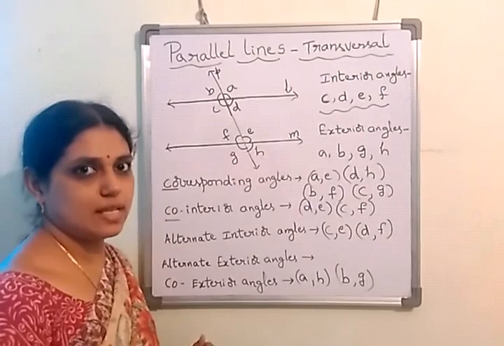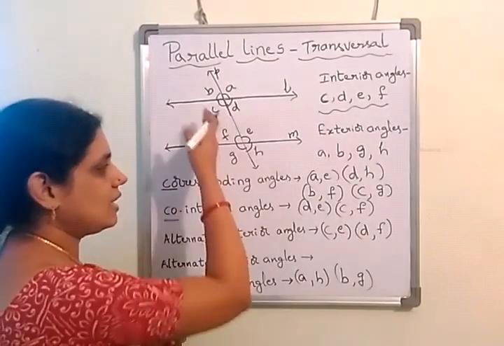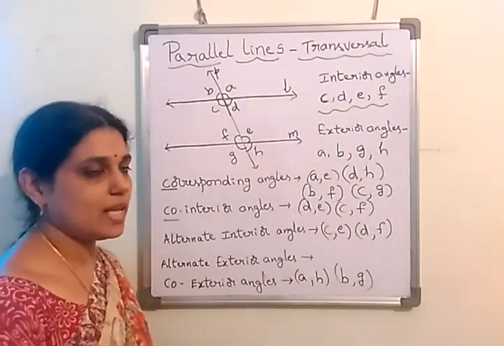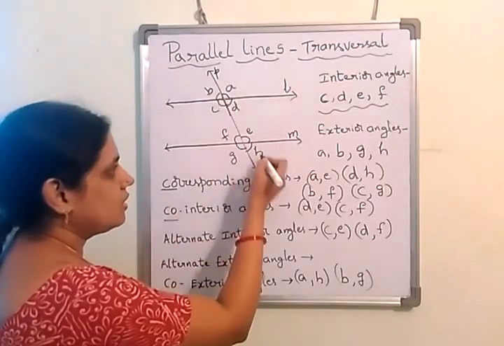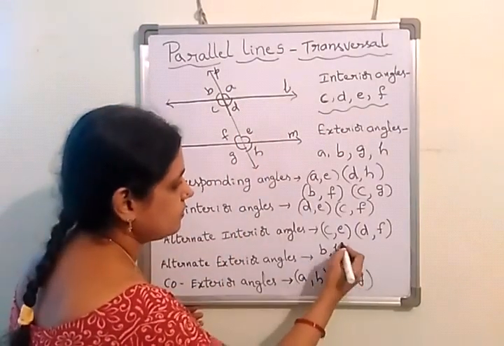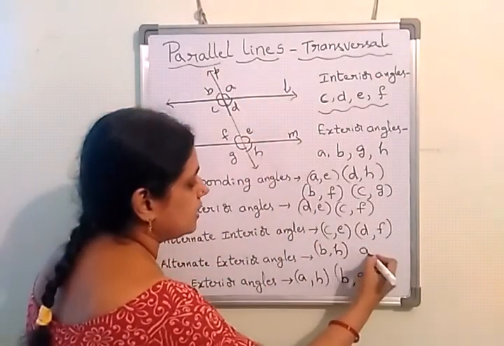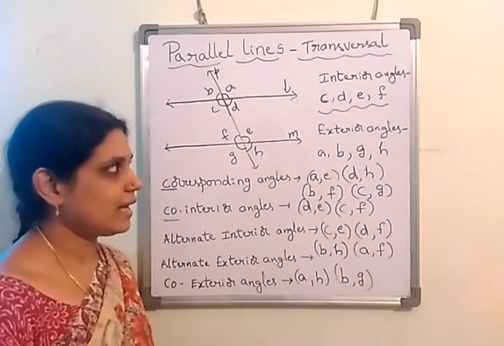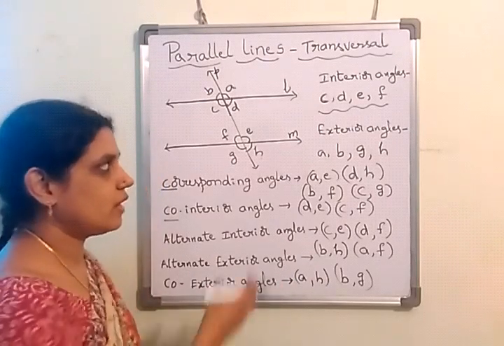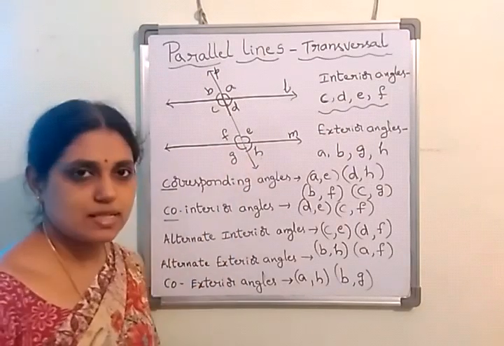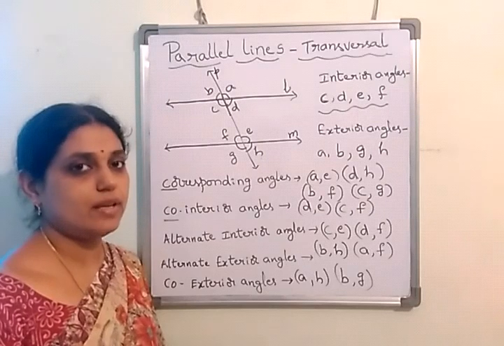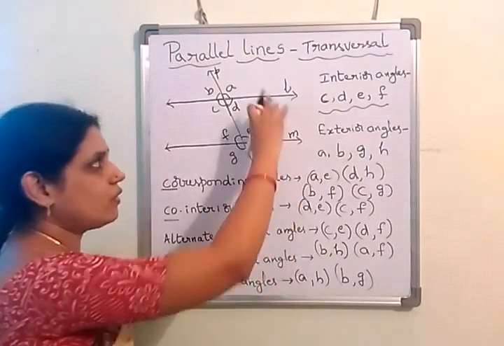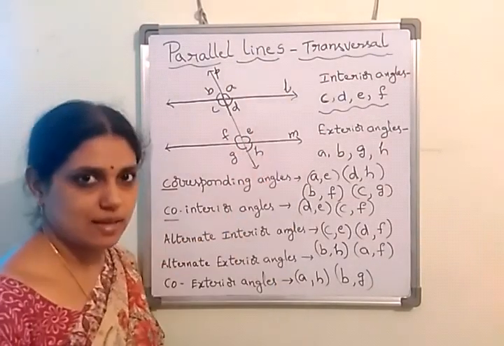Next, alternate exterior angles. Just like alternate interior, both are on different sides of the transversal and both are not at all forming at the same vertex, and exterior. For B, it should be H. And for A, it is F. So these are the two pairs of alternate exterior angles. Hope all of you understood this, but definitely remember the positions properly. And as we discussed already, you have to remember one point: a transversal can be drawn for non-parallel lines also. But here I have drawn parallel lines since our topic is parallel lines and the transversal.